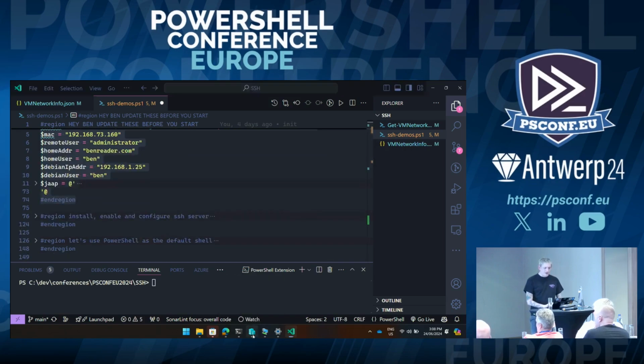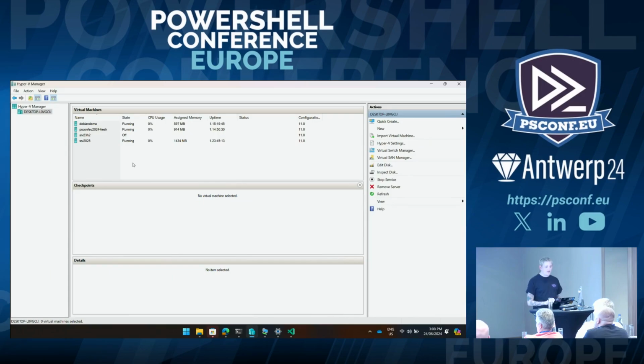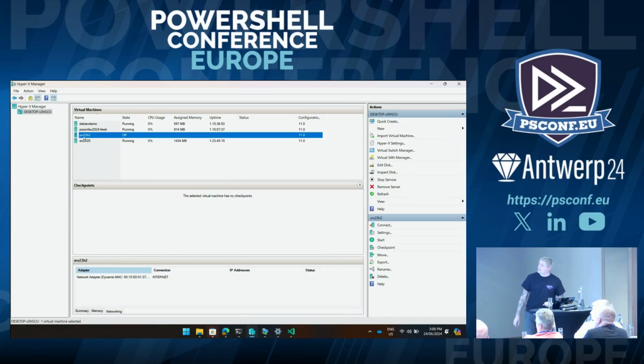As I said, I've got a couple of virtual machines in here. One of the big reasons, and I'm not going to try and make this bigger because GUIs are awful, is that I have an old Server 2023 instance that is off. This is specifically because the current preview of Server 2025, as was mentioned in the State of the Shell, now comes with everything you need for SSH Server and Agent installed and turned off by default. So this is hopefully going to be a big barrier removed for everyone to start playing with this stuff, because all you need to do is enable the service and it's ready to go.